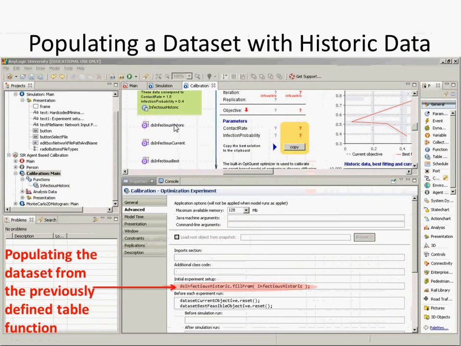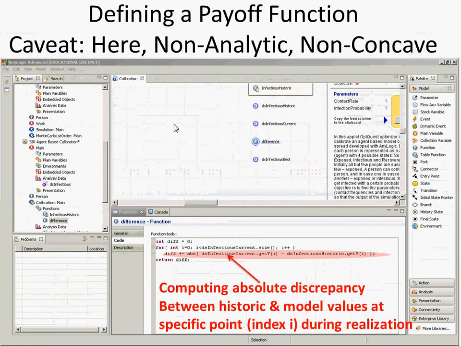Now you'll notice that earlier when we had this difference, we were comparing a data set infectious